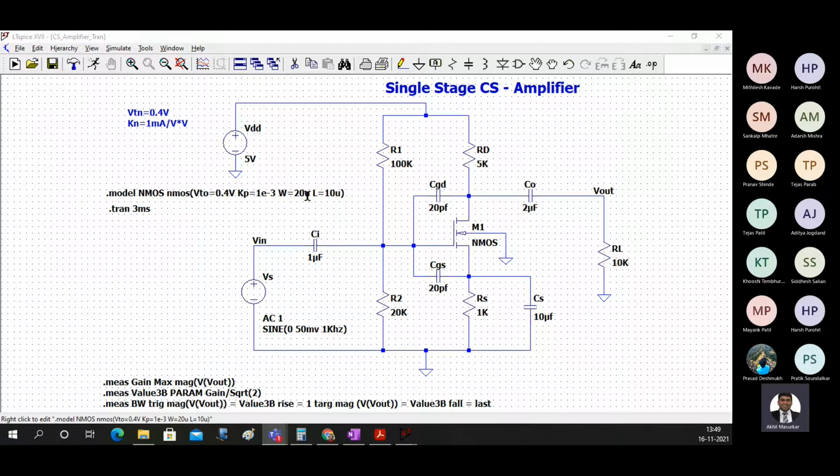So just understand why this W by L ratio is 2. Now somebody might argue why 20 micron and L is 10 microns. It's up to you. You may choose it as 20 nanometers and L also as 10 nanometers. That is fine. You can choose it as something else also, 150. That is also fine. Anything that gives us a ratio of 2 can be used. In the exam, nobody is going to ask you why you took 150. But yes, if that ratio is not 2, then you are in trouble.